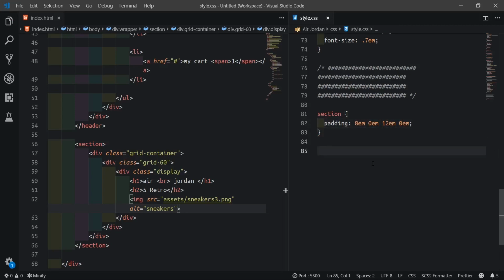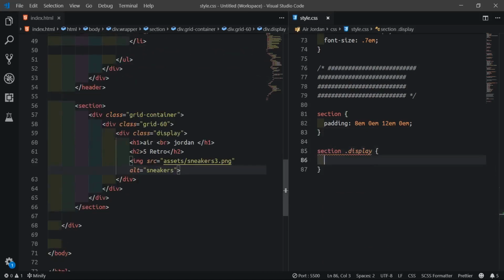Then we'll come down. I'll say section.display. That means we'll target this display here. So section.display, might just give a height of like 360 pixels.